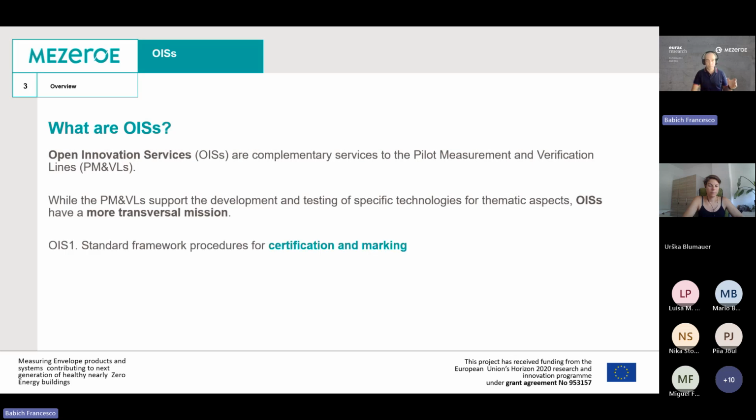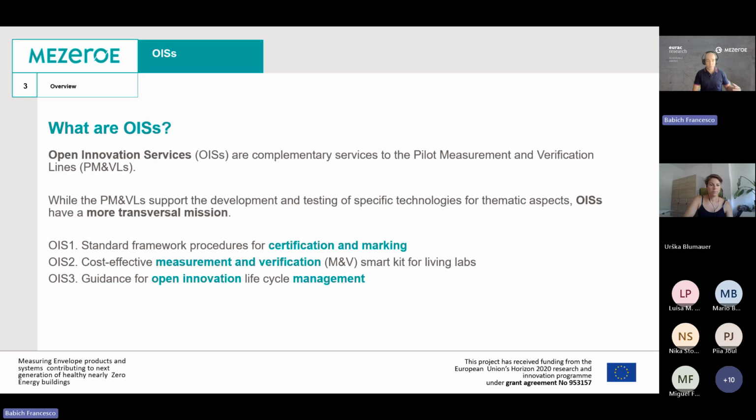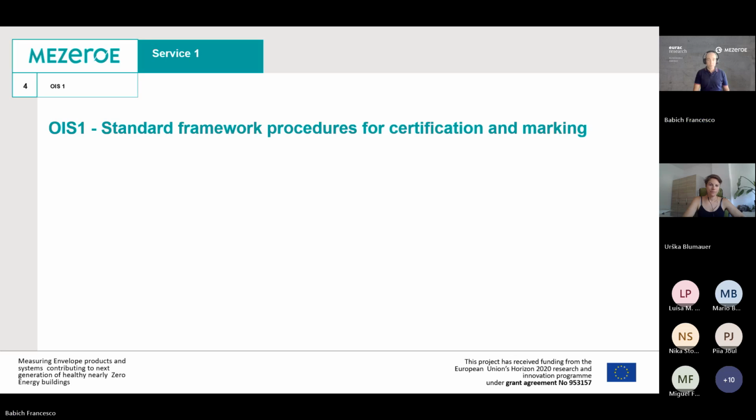And in particular, Open Innovation Service 1 focuses on certification and mapping of such innovative products. Open Innovation Service 2 is focused on measurement and verification in real buildings, so understanding how a certain technology installed in real working conditions behaves. And Open Innovation Service 3 is a general support at the management of open innovation, which, as we saw at the very beginning, is a critical thing, especially in the construction industry, which is an industry typically a bit slow in taking innovation. So going into more detail,